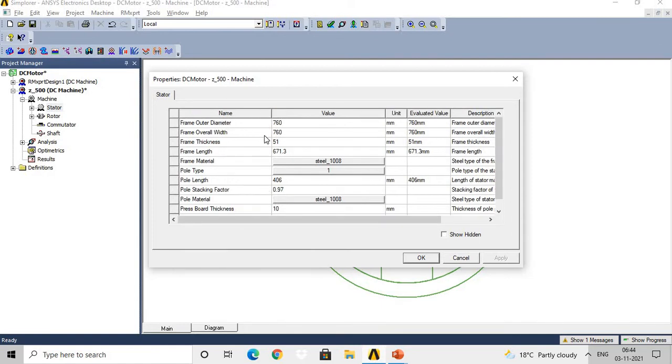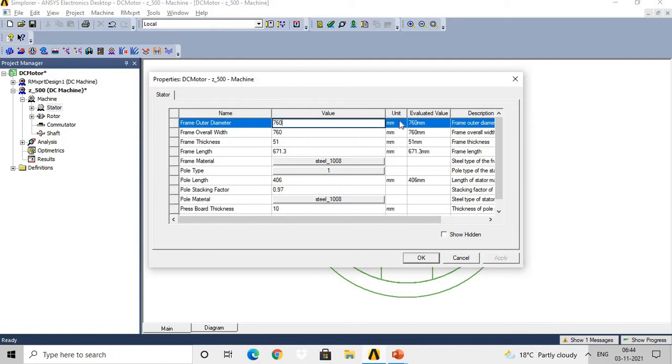So what are the stator design parameters? Like frame outer diameter. Okay, that is the meaning of frame outer diameter. Frame outer diameter or maximum diameter for polygon type of frame. So here we have given the input as 760 mm.